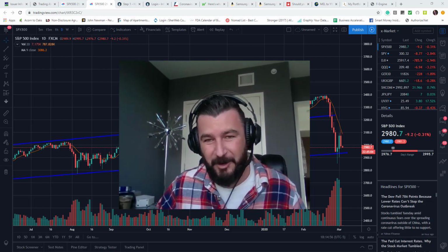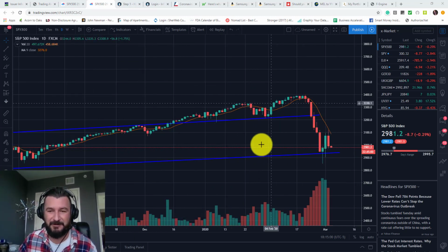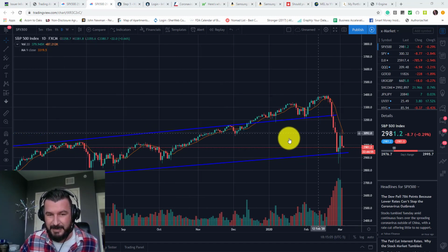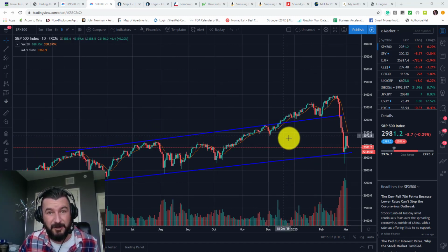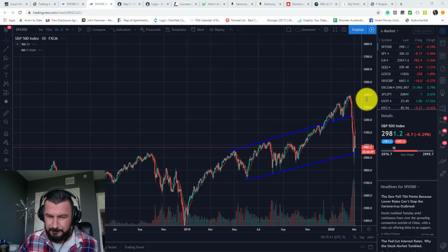All right, let's take a look at the market action. We can see that the S&P 500 here has obviously had a terrific drop last week, straight down, of course, within that inverted fallen angel pattern. Now, where it broke down to